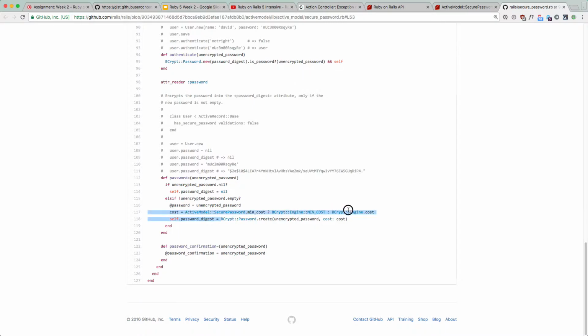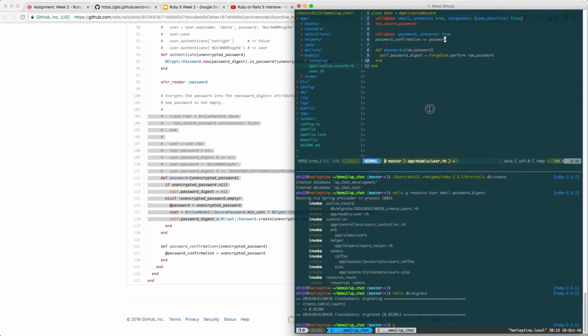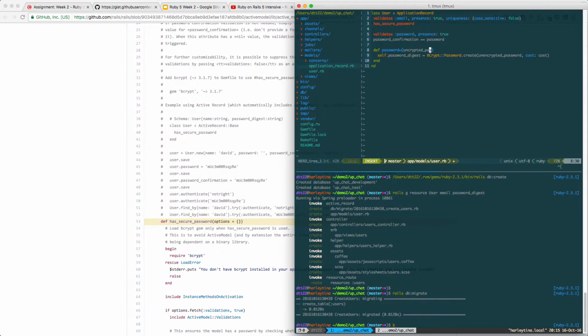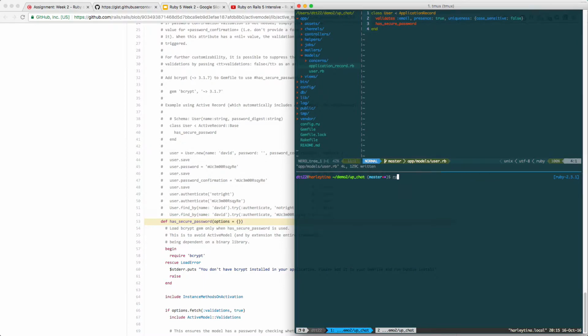So this is almost the method I could put in this encryption.perform here, right? I just pretend I have something like that. So technically, I can implement this myself like this, and then I have to add some edge cases. This is unencrypted password, right? Now because this guy did everything for me, I just use everything. So you have nothing to worry about. Everything is just that. Now if I load Rails console,